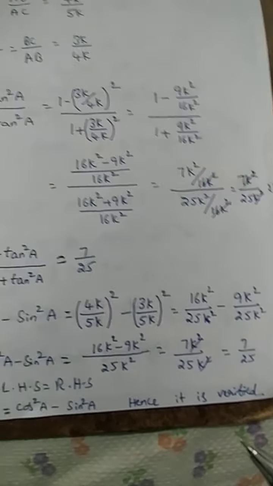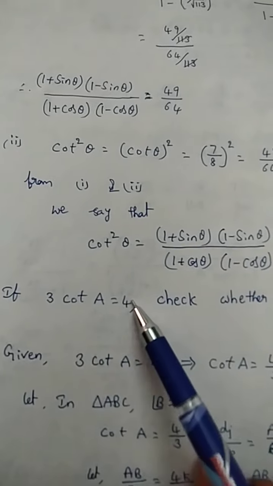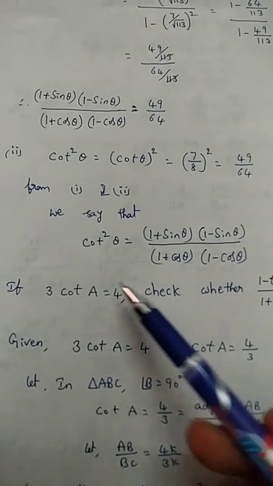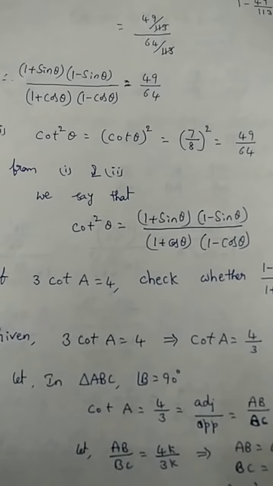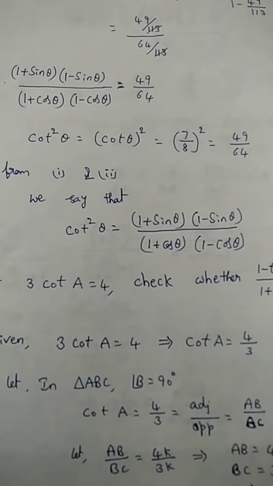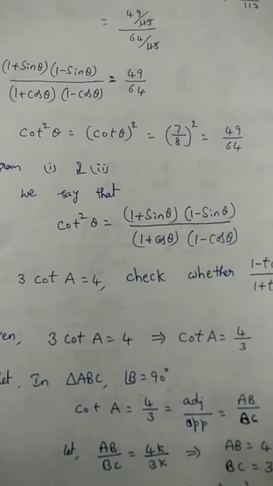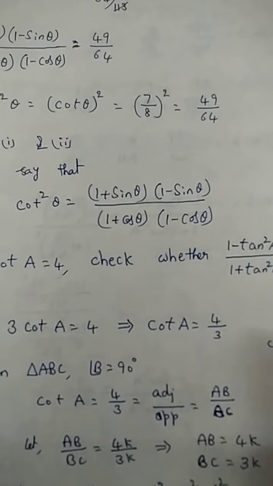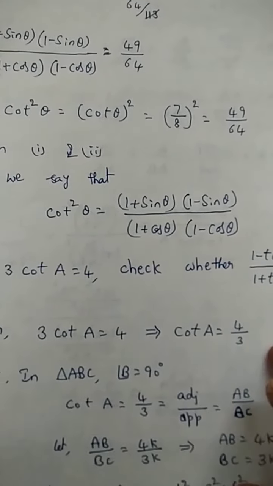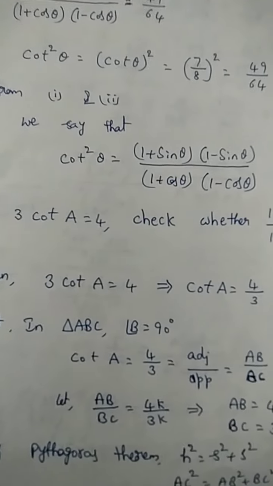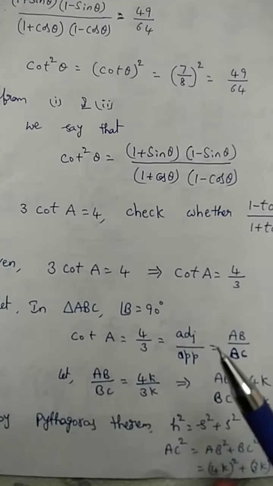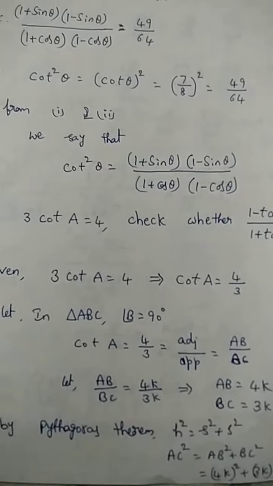So based on the condition given in the problem, whether 3 cot A is equal to 4, tan theta is equal to 4 by 3, or 5 sin theta is equal to 3 by 9, whatever it is, first of all we can find the one more measure of the right angle triangle. Based on that we can find the remaining trigonometric ratios. After that we solve the given question. That is the way to solve this type of problems in trigonometry. So you must learn by heart, or must understand, the trigonometric ratio formulas. Sine means opposite by hypotenuse, cos means adjacent by hypotenuse, like that.